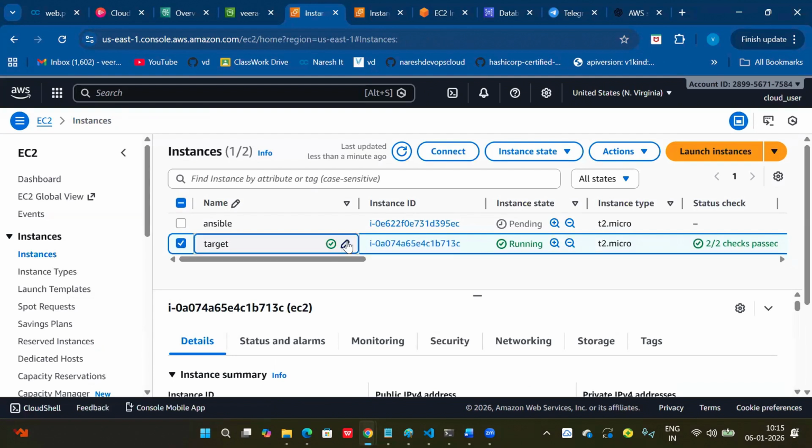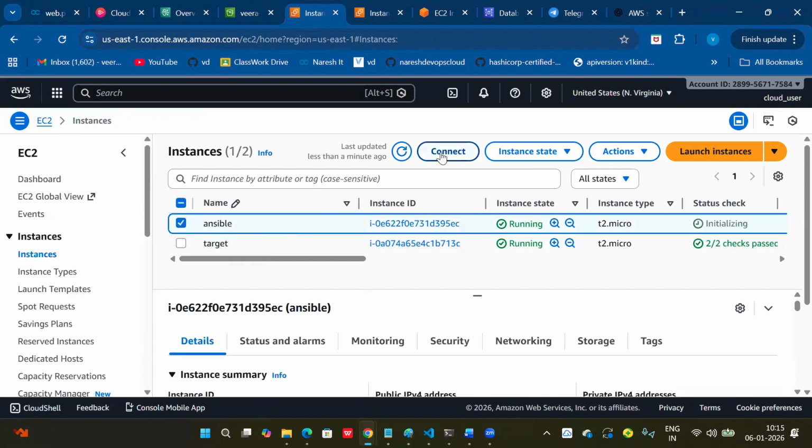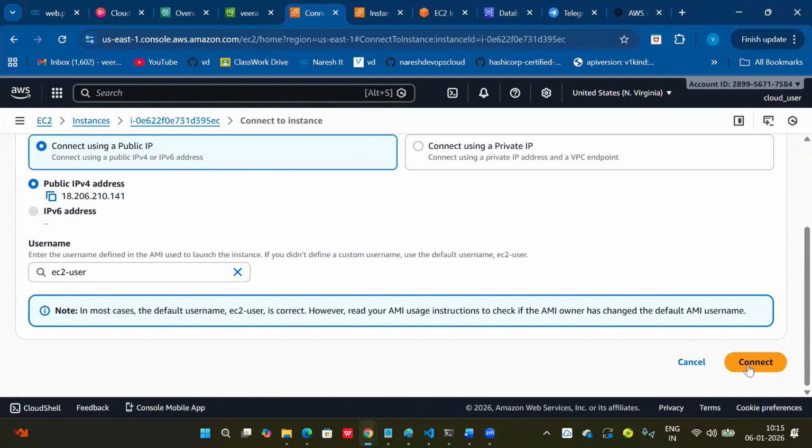Okay. So a minimum of 2 servers is required to perform this action. Let's connect this Ansible server first.